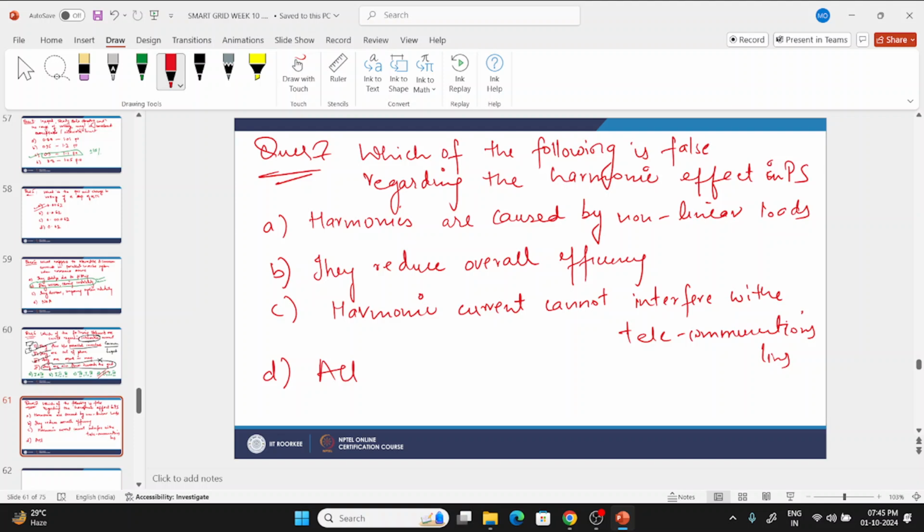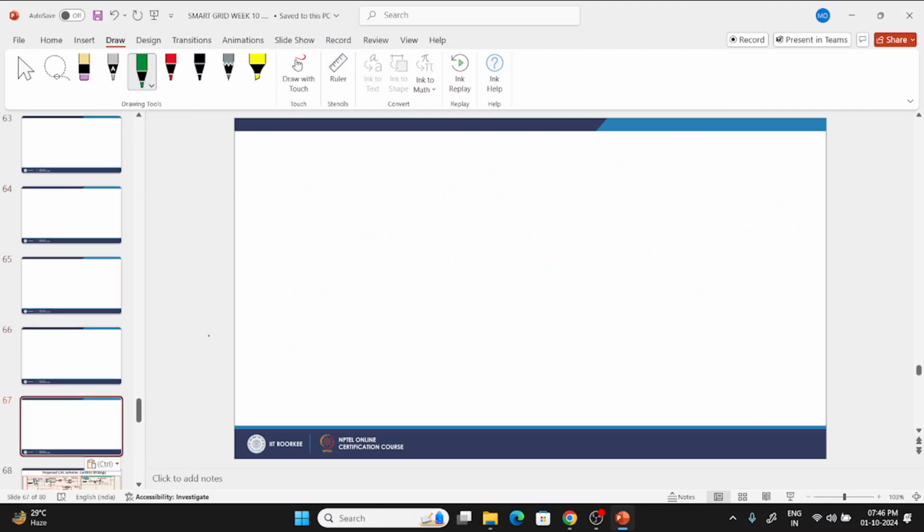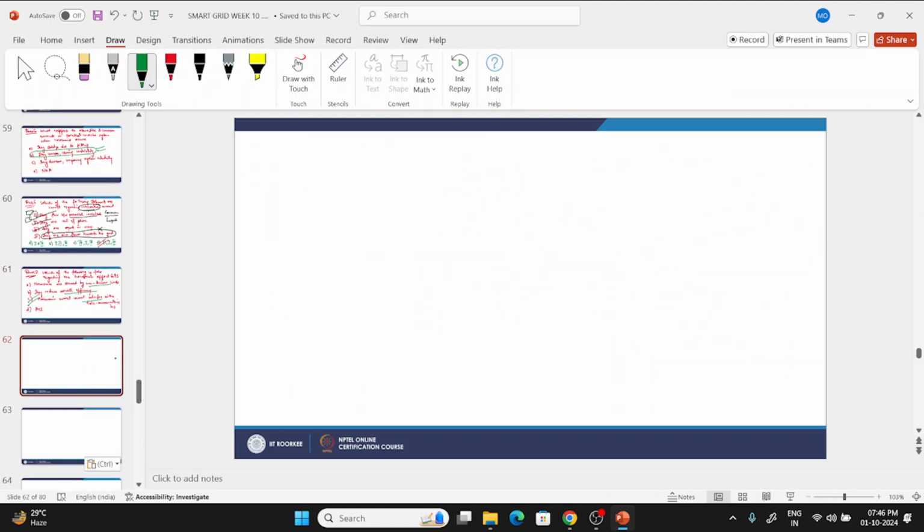सी। ओके, ठीक। तो करेक्ट आंसर क्या है कि हार्मोनिक इफेक्ट ऑफ कोर्स नॉन लीनियर लोड से होते हैं, ओवरऑल एफिशिएंसी डिक्रीज कर देते हैं, इट इंटरफेयर विद द टेलीकम्युनिकेशन लाइन। द करेक्ट ऑप्शन फॉर द फॉल्स स्टेटमेंट इज सी। ओके,